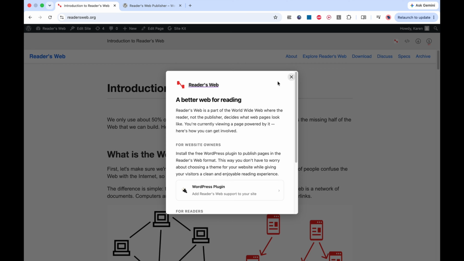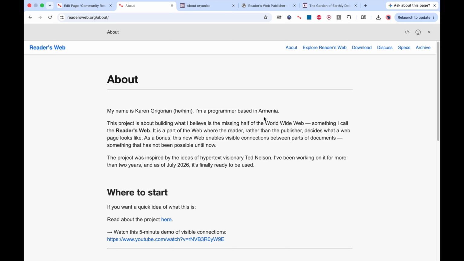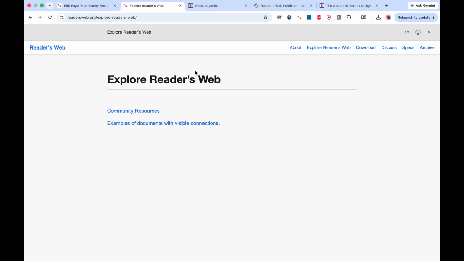The idea is to transfer the power to control presentation from the website owner to the reader. You can't control how many people will actually install the extension, and that's fine. All that matters is that you've done everything you can on your end. You've transitioned your website to the reader's web and told your users what they need to do to take full advantage of it. If you decide to give the reader's web a try and use the plugin on your website,